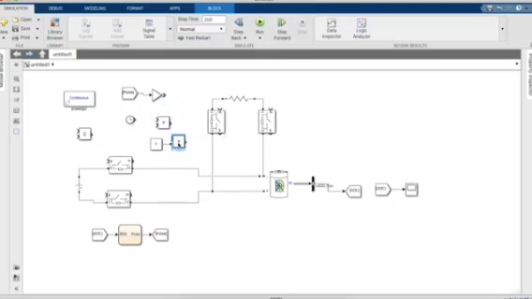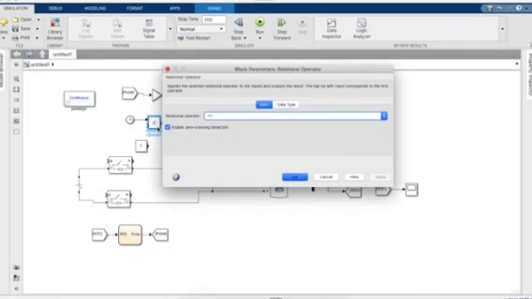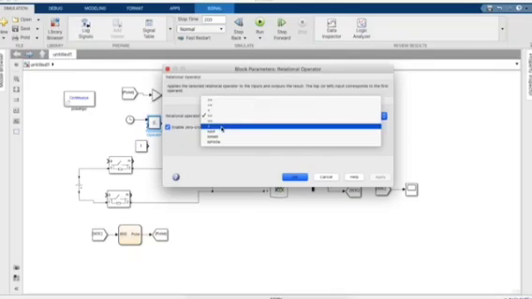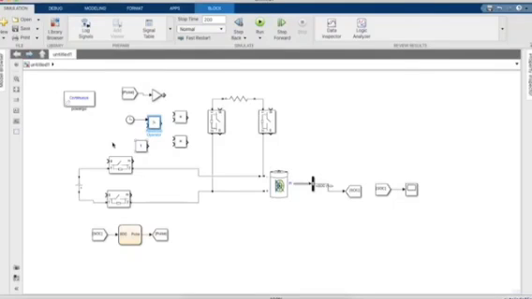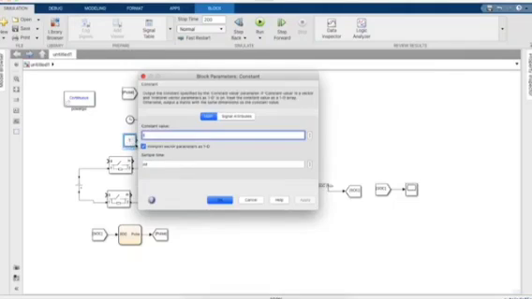So the constant is 50 in time. So if the value of time is greater than 50, the output of the compare block is high. We just do the same for less than 150.